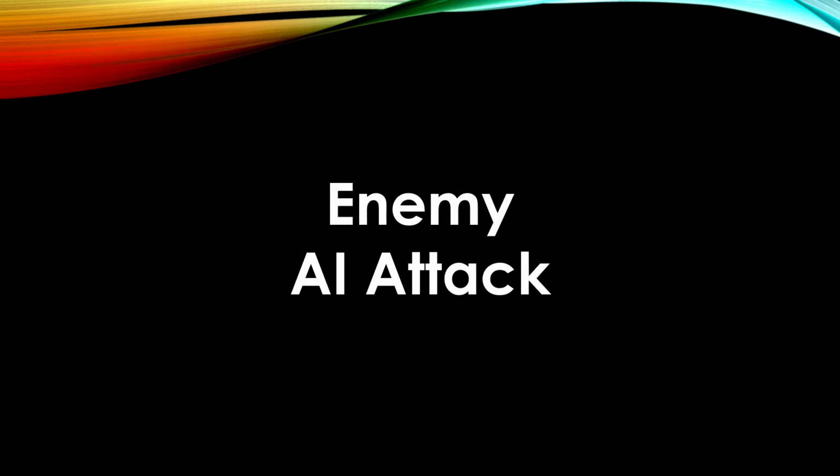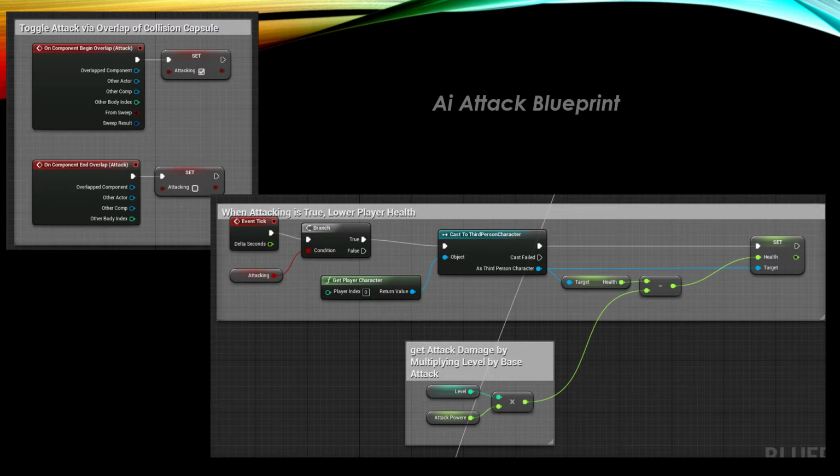Once I had the enemy AI, I asked the question: with a lack of animation skills to make an attack, how can I cause damage to the player from the enemy character? The answer came from skills I previously gained in class. Using collision mechanics and blueprints, I was able to damage the player health if the enemy got within a certain